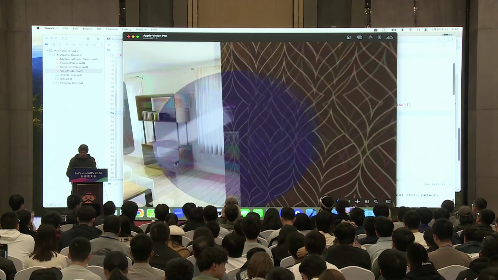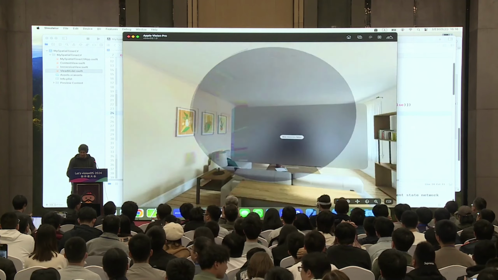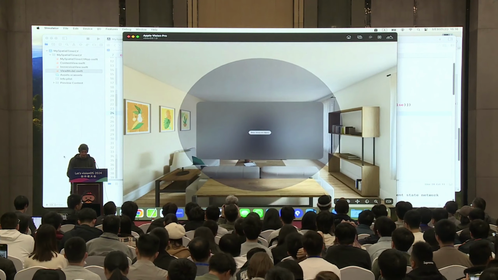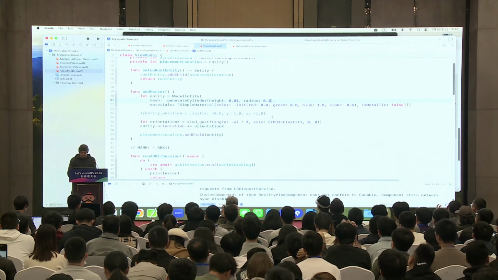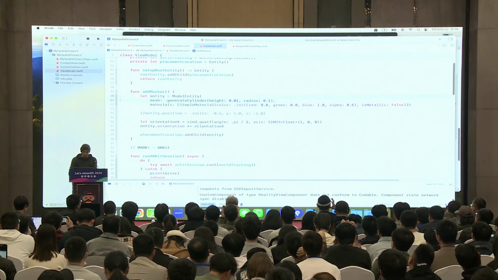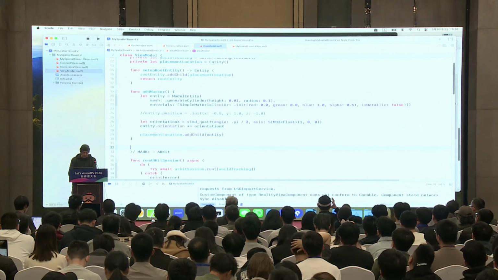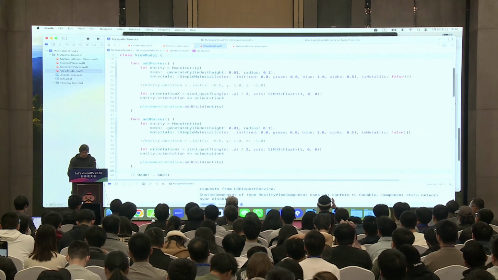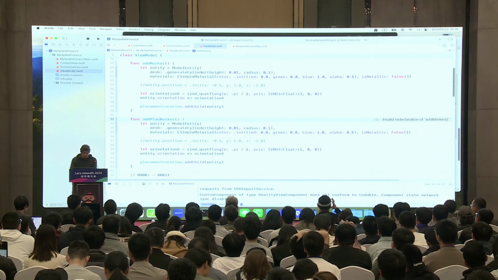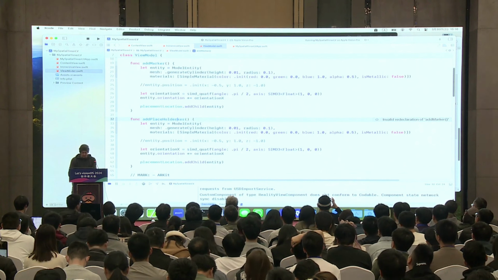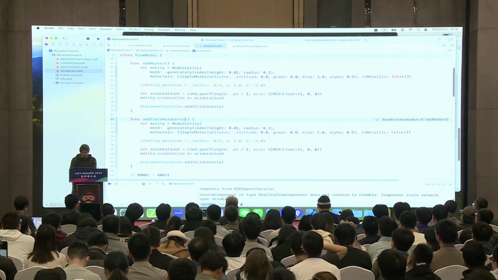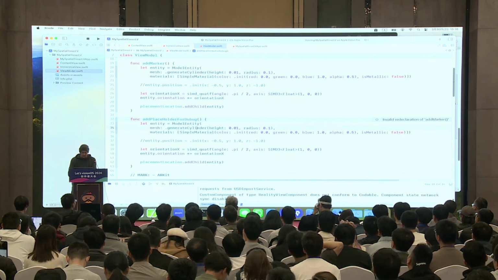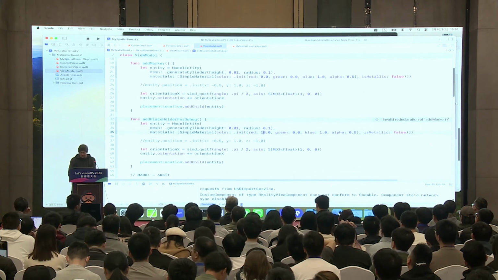Yes. It's too big, so smaller. And add placeholder for debug. Should be red.